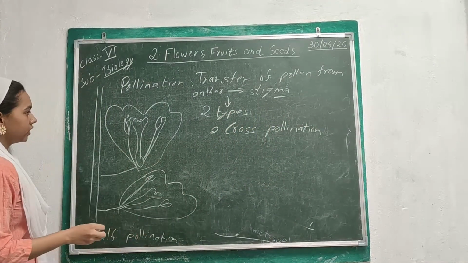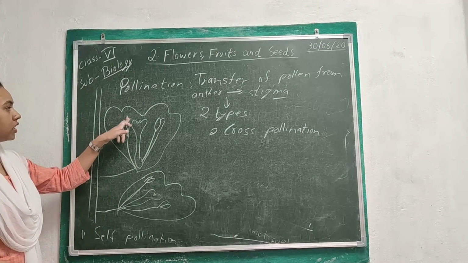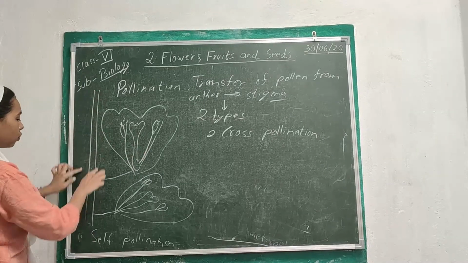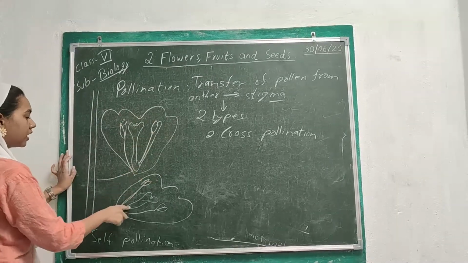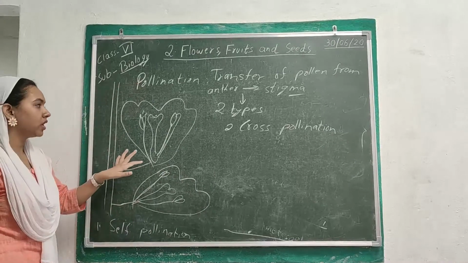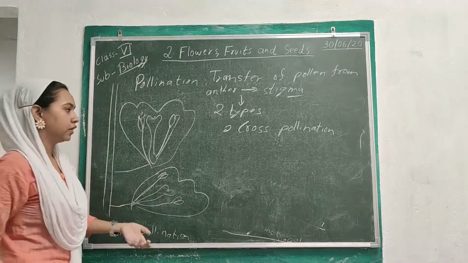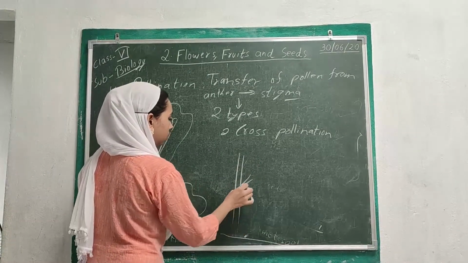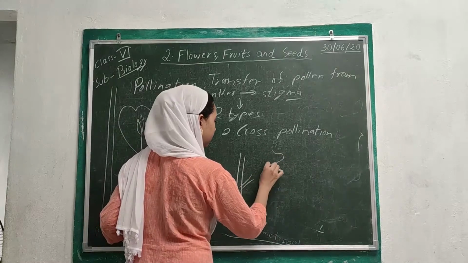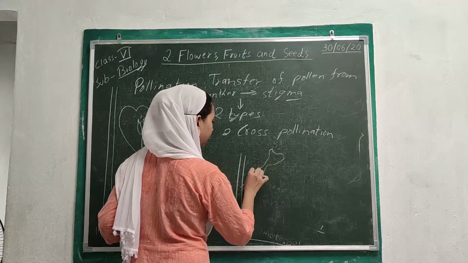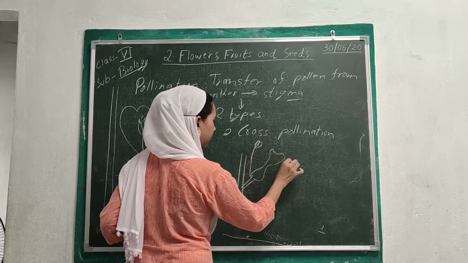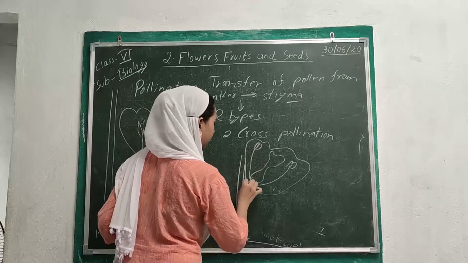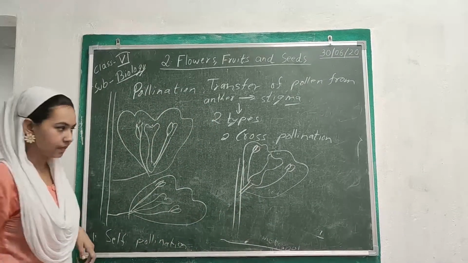Now see here, as I was saying, we know that pollination is the transfer of the pollen grains from the anther to the stigma. Now, if this is one plant, this is one flower, this is another flower, these are on the same plant. Okay, imagine this is a marigold plant. So this is the first plant. Then we have another marigold plant. Suppose again here also we have the stigma. You have the stamens here. You have the flower here. This is not looking like a marigold, just assume it to be one.